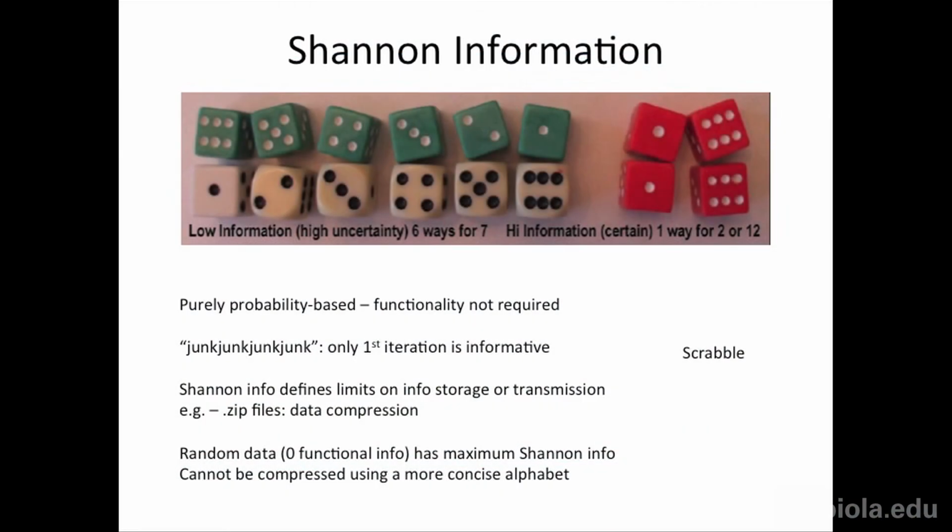I just want to say that because there are certain types of information that have very, very high maximum Shannon information. That's random data, right? Junk, junk, junk, junk, junk. I don't have to draw that all out. I could just say junk 5 times, right? That would be compressing that information. But if I had a long sentence of all unique words, you can't compress a sentence of all unique words any further, right? Because it's got high Shannon information. It's very specific. There's only one way to say that whole sentence. You can't compress it anymore.